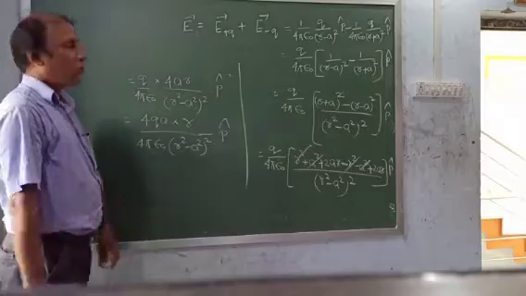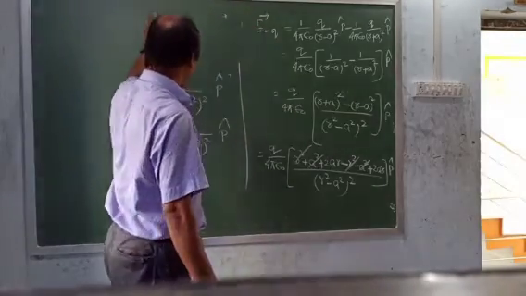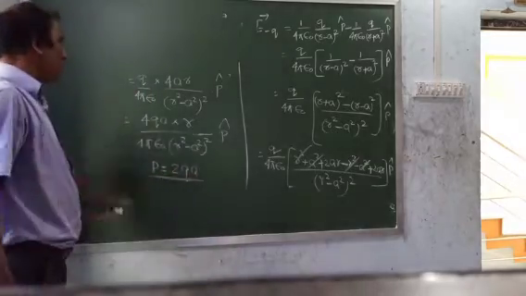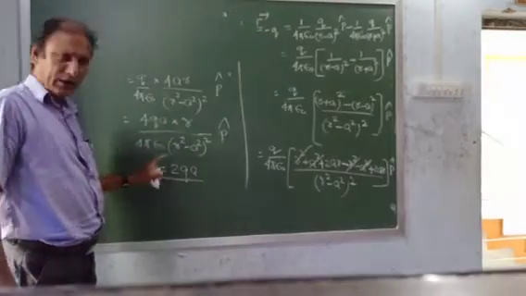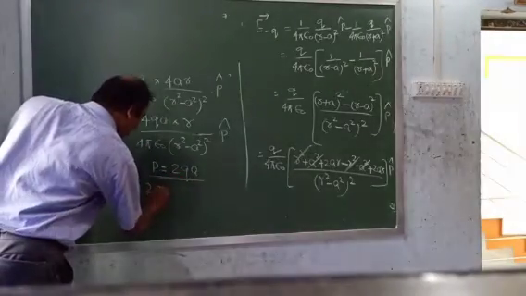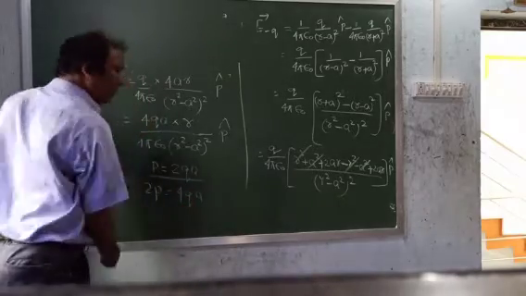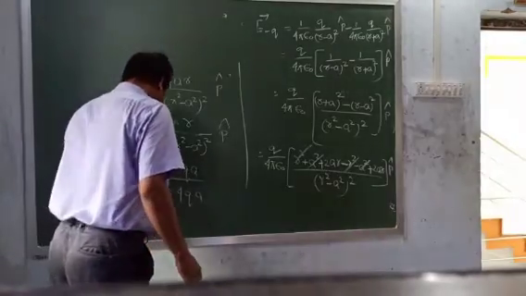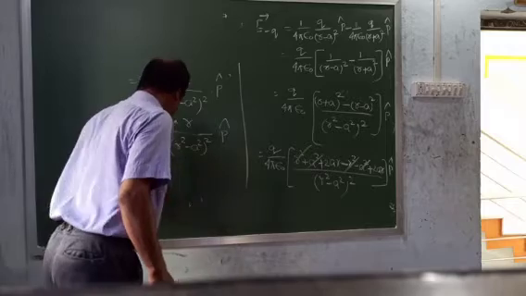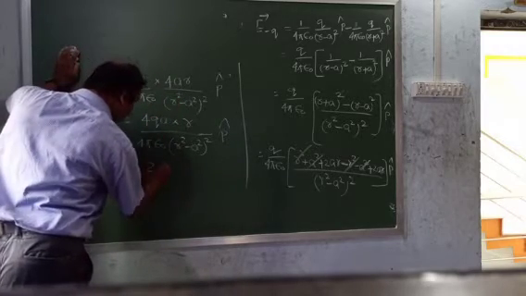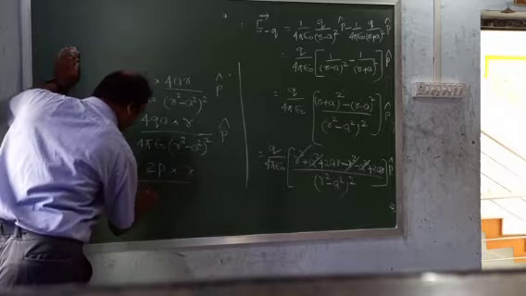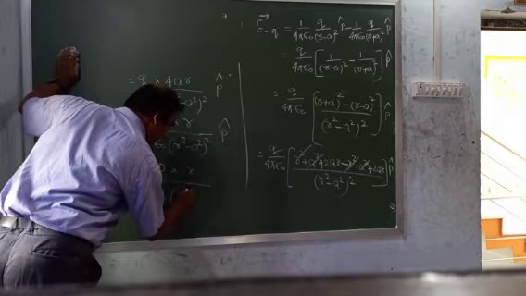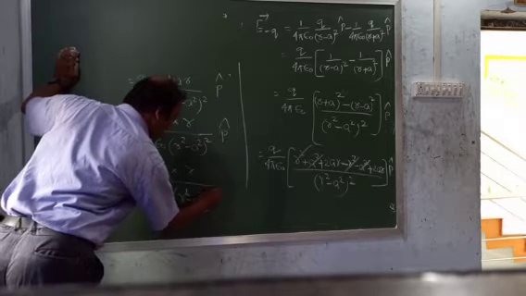We know that dipole moment vector P is equal to 2QA. Its magnitude is 2QA. So in place of 4QA, we can write 2P. If P is 2QA, so 2P will be how much? 4QA, multiplying by 2 on both sides. 2P is equal to 4QA. So now in place of this, I can write it like this: 2P into R divided by 4 pi epsilon naught into (R square minus S square) whole square into P cap.